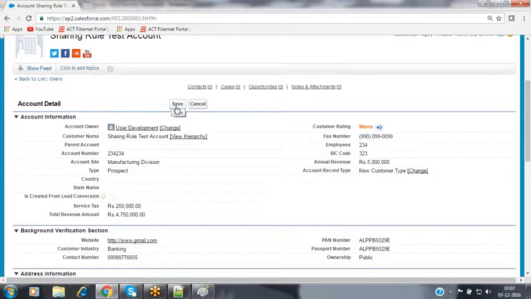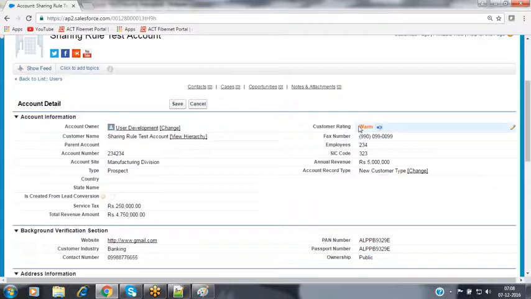Not only at the time of creating the record, but at the time of modifying the record also, the sharing rule will automatically be activated. It verifies whether the record values match these conditions or not. If the record values match, it will share that record, or else it will remove that sharing. Now I'm going to forcefully make one condition fail, to verify the functionality, which is negative testing.